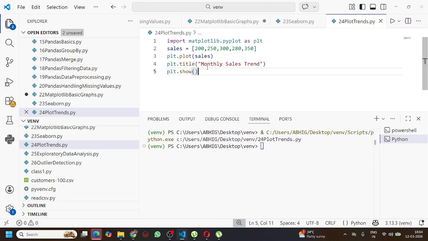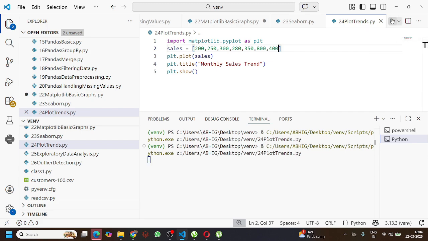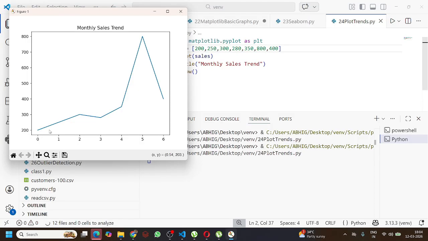So let me manipulate that data as well. 800. Now you can see, two values I added. Let me run it. You will see what the values are. Yep. You can see